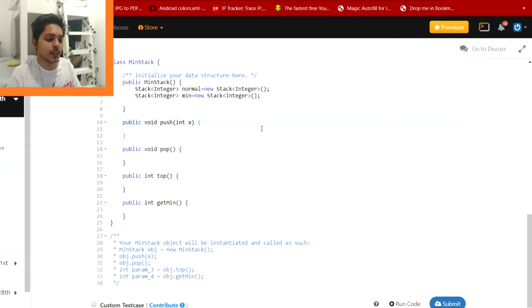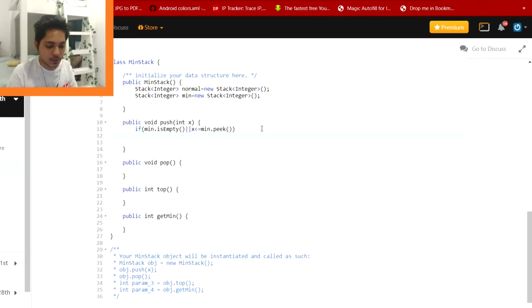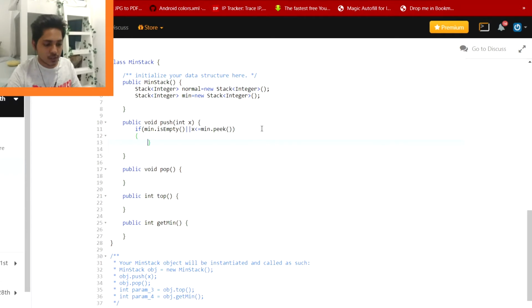Now for the push method, what we will do: if min is empty, or let's say if x is lesser than or equal to what is already there at the peek. Because let's say if our minimum stack is empty, then we need to insert the element into that stack.